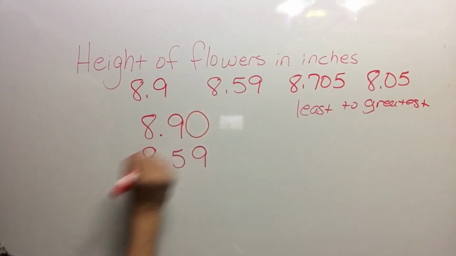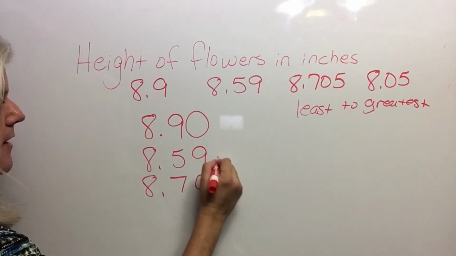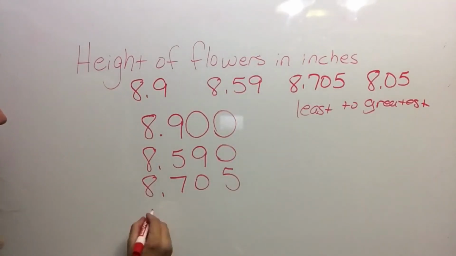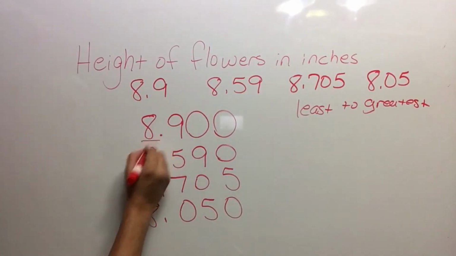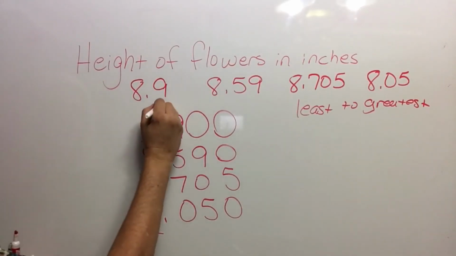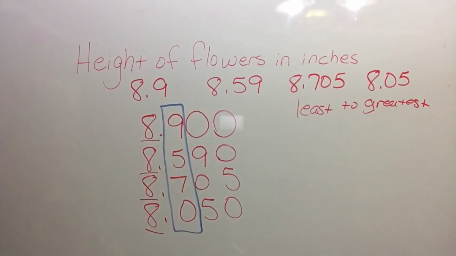I'm going to go ahead and annex a 0. 8 and 705 thousandths. I'm going to annex 0 so that everything stays nice and lined up. 8 and 5 hundredths, and I can also annex a 0. Now we see here they all have 8s. And so now I am looking in the tenths, and this is what I was telling you, colored pencils or crayons would come in nice if you had some. And we see that the least in this row is 8